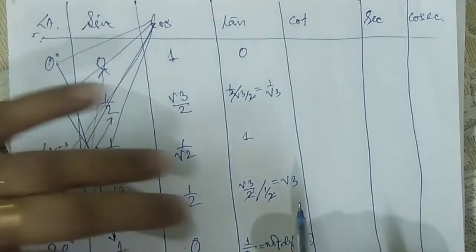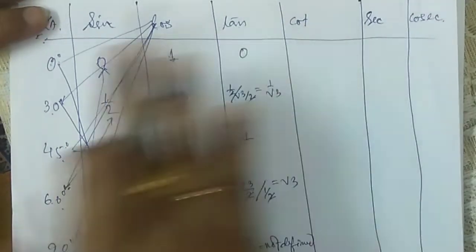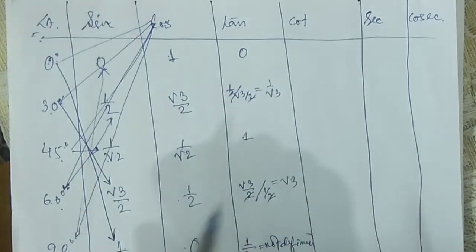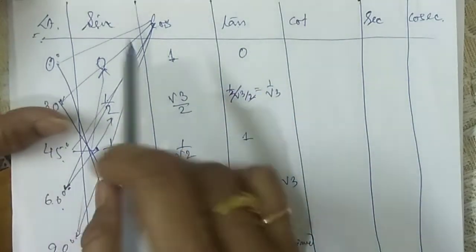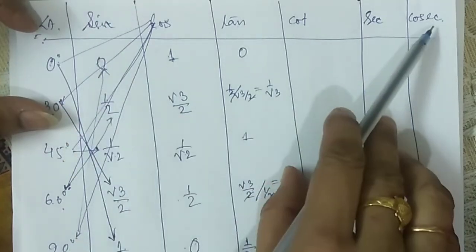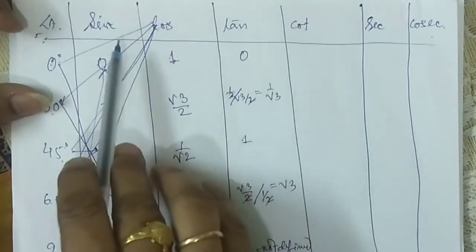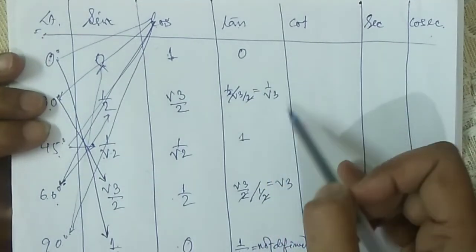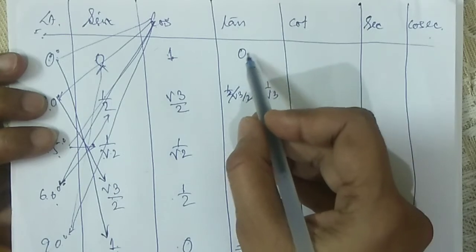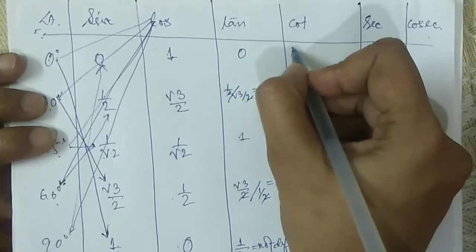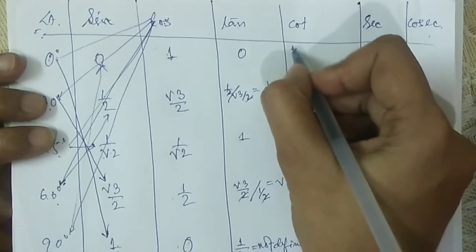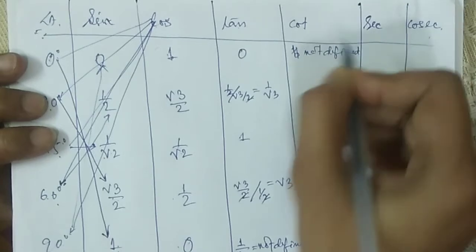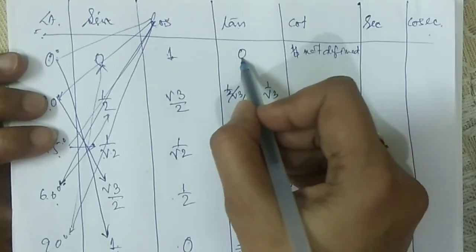Now for finding cot, sec and cosec, you just take the reciprocal of each of the numbers. So what I told: sine is reciprocal to cosec, cosec is reciprocal to sine. Okay, let's find for cot. If it is 0, that means 0 by 1, then cot will be 1 by 0, which is not defined. So at least you can remember, the reciprocal of 0 is not defined.